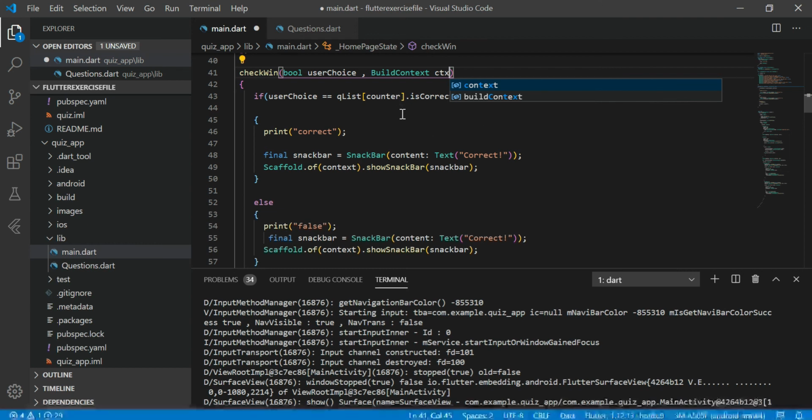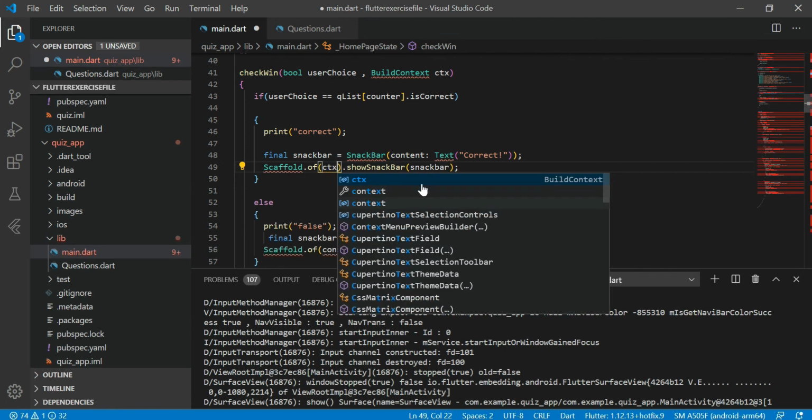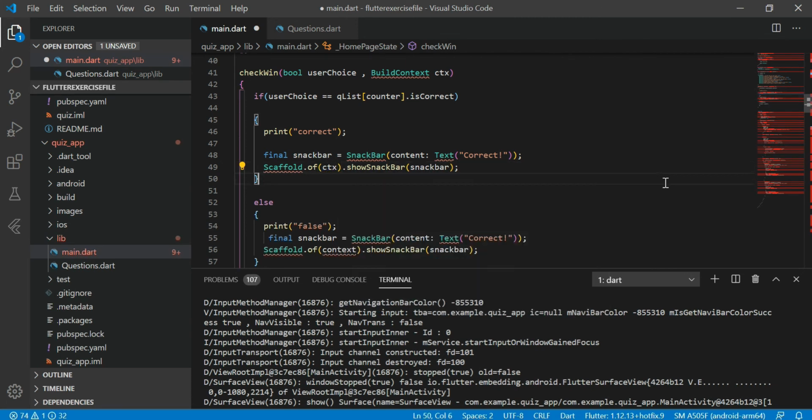In simpler words, this ctx is different because we are using it in a method which is outside our build method. The method that we are using, checkAnswer, we built outside our build method. That's why the snack bar uses a different context.